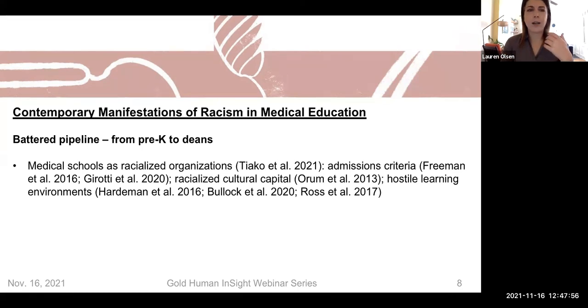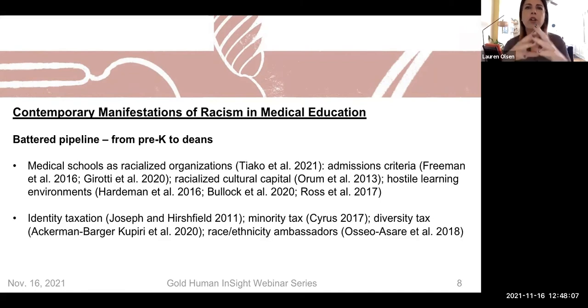So next, in thinking about the battered pipeline and maybe the effects of it, another dimension of it is this body of work that you could largely describe as identity taxation. Some scholars have used identity taxation, minority tax, diversity tax, race, ethnicity, ambassadors. And this scholarship has been published in JAMA and Academic Medicine. And what these terms are trying to capture is, so if medical schools as racialized organizations are talking about